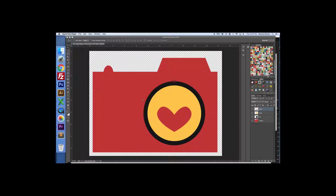Today I'm going to walk you through the steps to make a simple sticker, and this can be done with any sort of layered commercial use file. Either you can draw it and create it yourself, or you can buy them and then change the colors and things like that. So this is a camera that comes from my